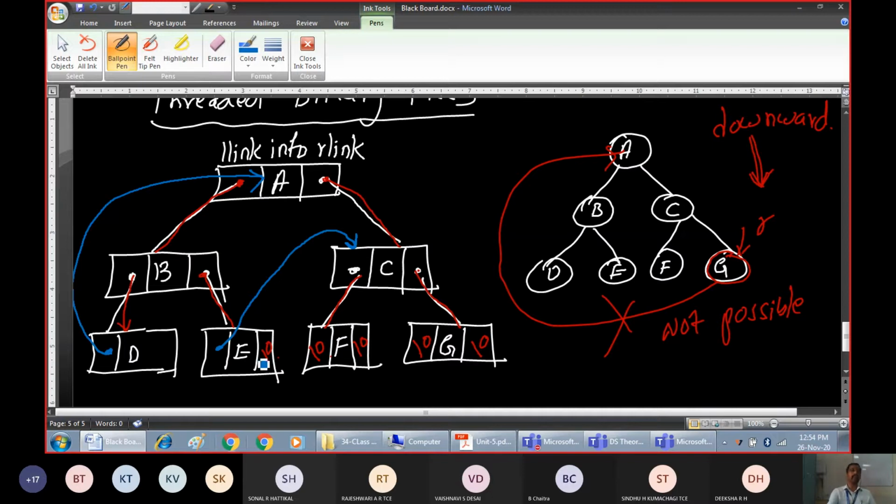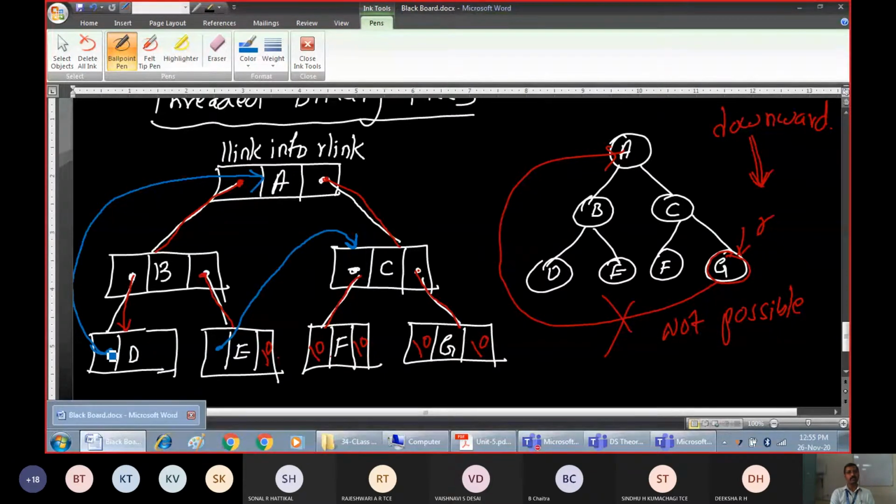We are making use of a ladder. You must have played the snake and ladder game, right? Just correlate with that. Once you get a chance to move upward, you can directly climb the ladder and go to the top place. In the same way, what we are trying to do here is make use of the address locations which are freely available.